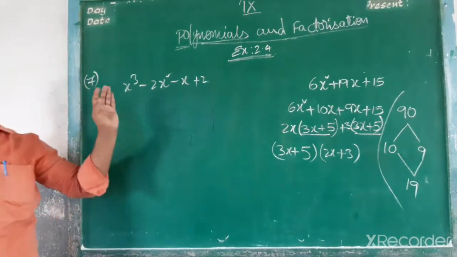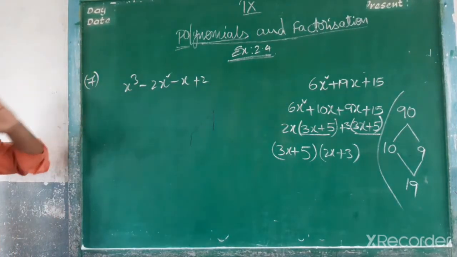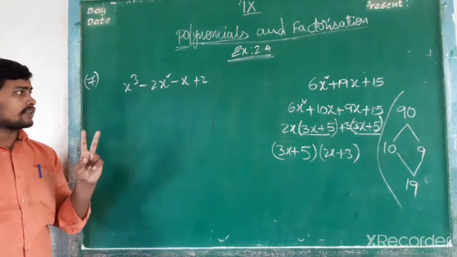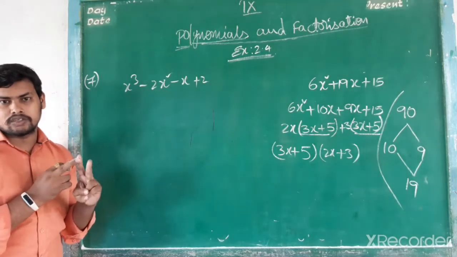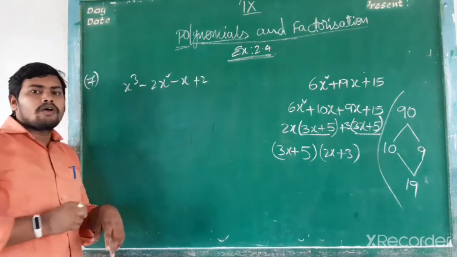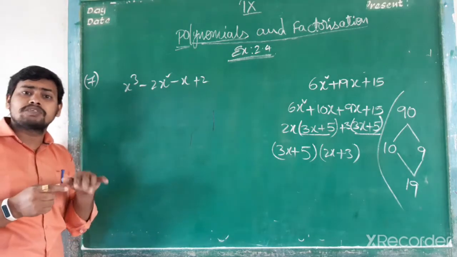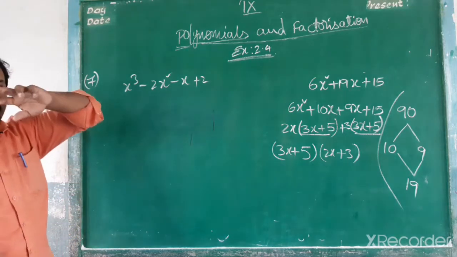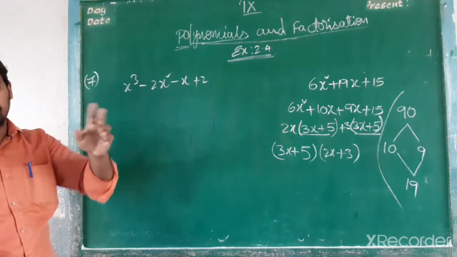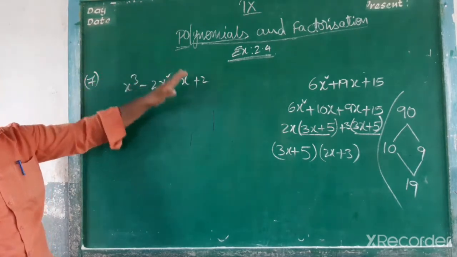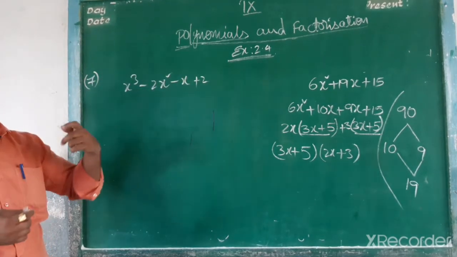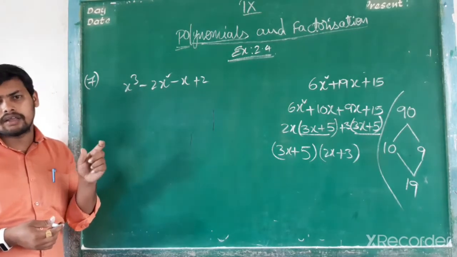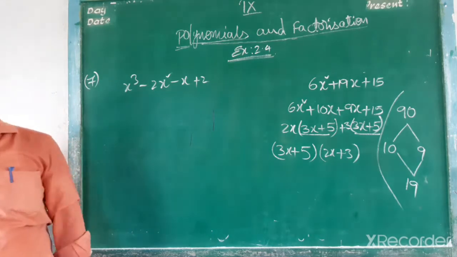Now let us move on to finding the factors of a cubic polynomial. Generally there are two methods. One is the trial and error method. You simply substitute the values, first x equal to 1. If the result is 0, then x minus 1 is a factor of this polynomial. If not, move on to x equal to 2, and substitute that value. We have to keep trying, so it is a very difficult process if the numbers are large.